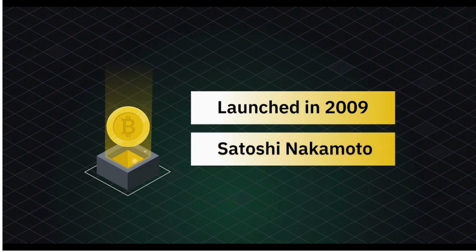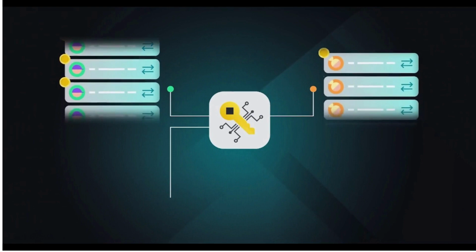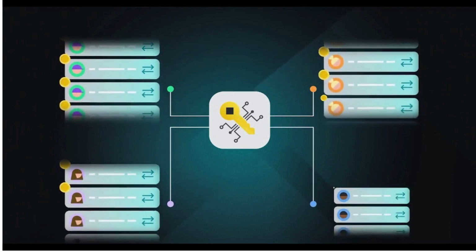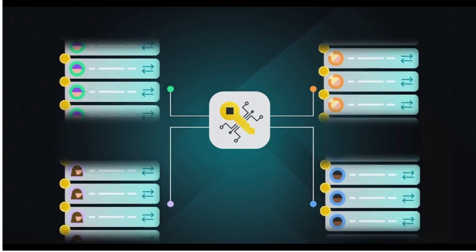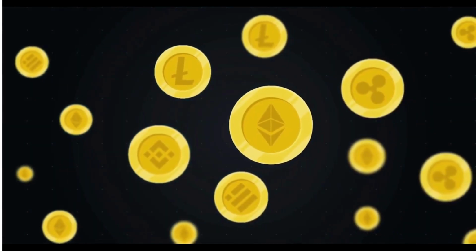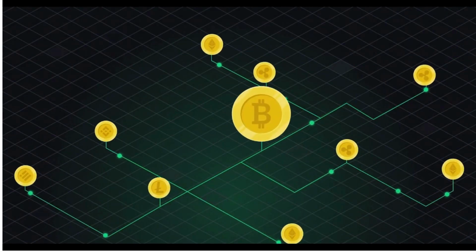A year earlier, in 2008, Satoshi published the 9-page Bitcoin white paper and later released the original software as open source code. In the white paper, Satoshi described the need for an electronic payment system based on cryptographic proof instead of trust, allowing any two willing parties to transact directly with each other without the need for a trusted third party. Since then, many other cryptocurrencies have sprung up, but as of 2022, Bitcoin remains the largest cryptocurrency as measured by total value on the network.